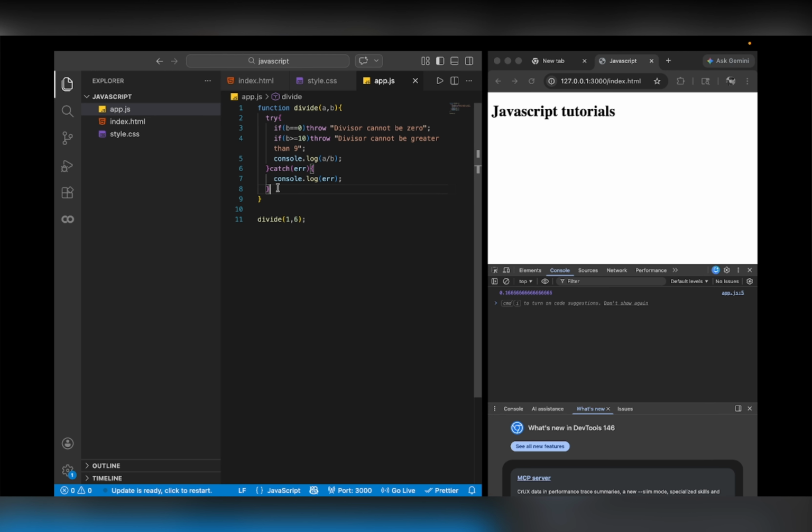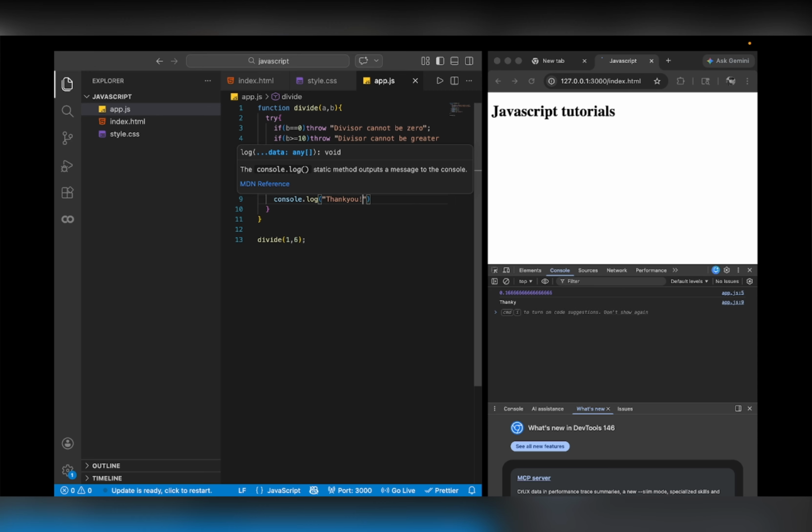और एक और होता है फाइनली ब्लॉक। ट्राई कैच के बाद एक फाइनली ब्लॉक भी हम लोग ऐड कर सकते हैं जो ऑलवेज मतलब एरर आए या ना आए ये हमेशा एग्जीक्यूट होगा ही होगा लाइक कंसोल लॉग, लेट्स से, थैंक यू। सो आइदर ये एरर पास हो, एरर जनरेट हो या ना हो, ये फाइनली ब्लॉक का कोड हमेशा एग्जीक्यूट होता ही होता है।